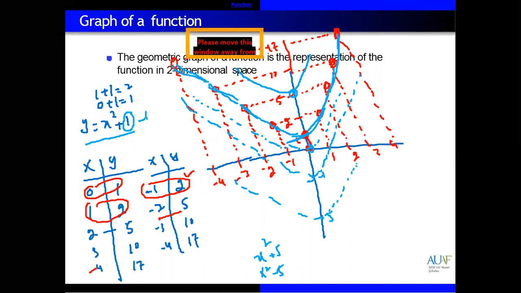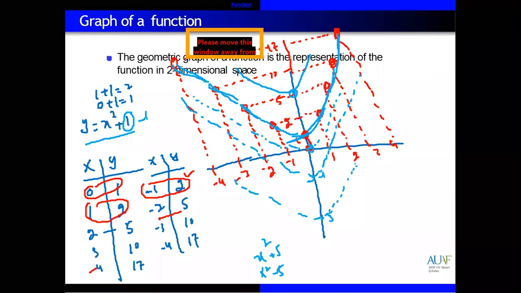So this is actually how to graph a function, and why these graphs are important: to show the behavior or nature of a function. That the function is linear, an increasing function or a decreasing function, or you can say positive and negative relation. Sometimes x is increasing, y is decreasing, sometimes both are increasing, sometimes both are decreasing. So to study the nature or behavior of a function, we need to draw a graph.